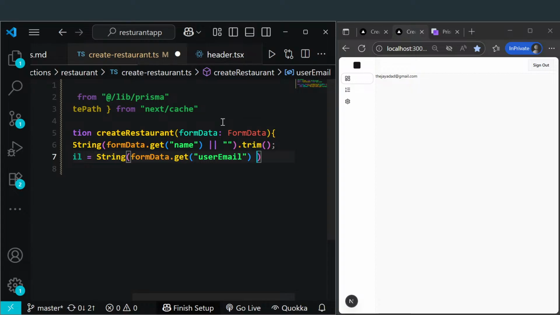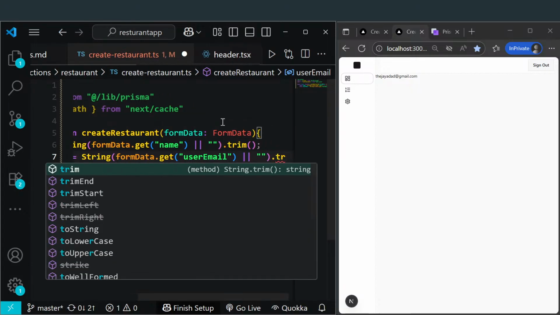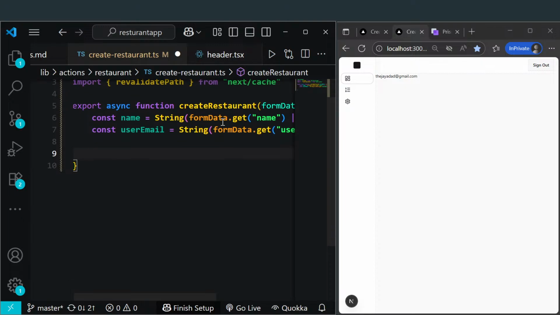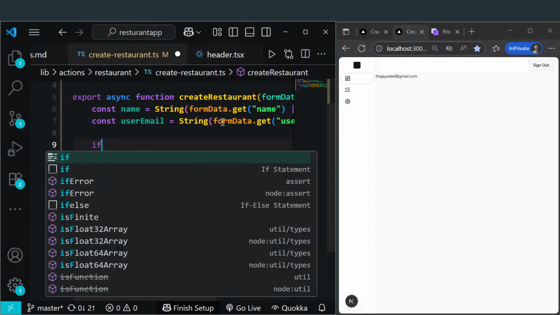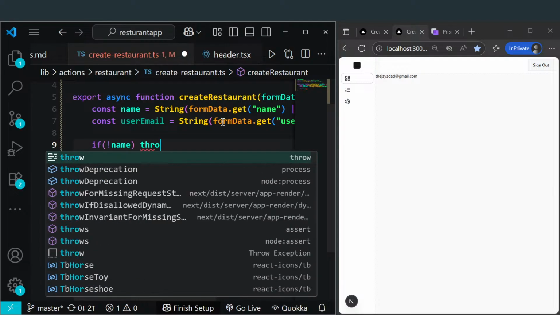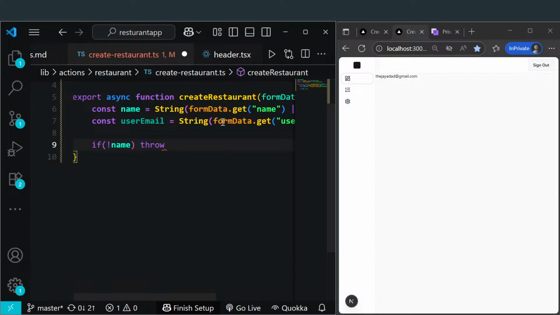Sorry about that. That should have been outside of it, there we go. .trim. Perfect. And just for some validations, we'll say if no name, we want to throw a new error that restaurant